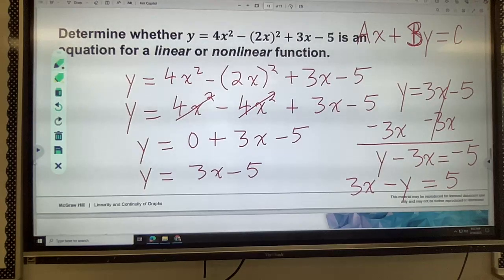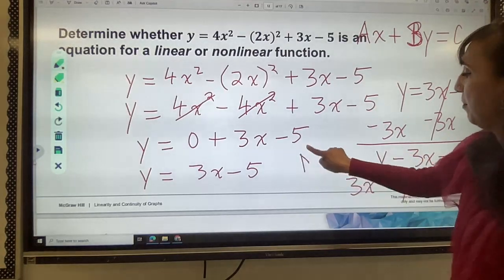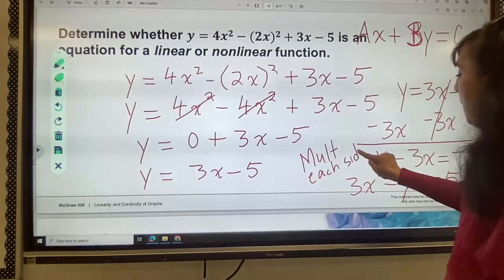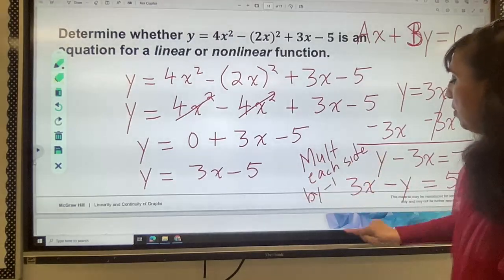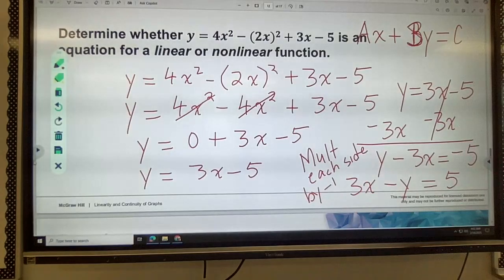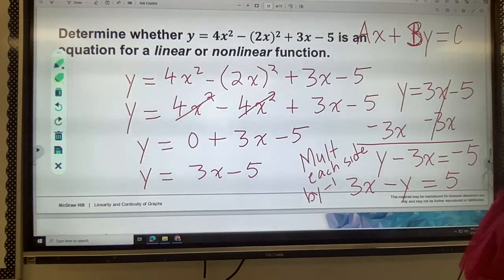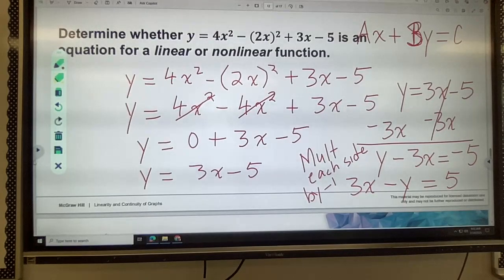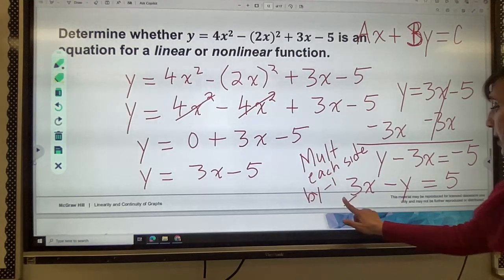Okay, because we are multiplying each side by negative 1. Multiply each side by negative 1 in this step. And so then I end up with, what did I get over here? I got y is equal to 3x minus 5. So, because 3x minus 5 is in the form of ax plus by is equal to c, where this is